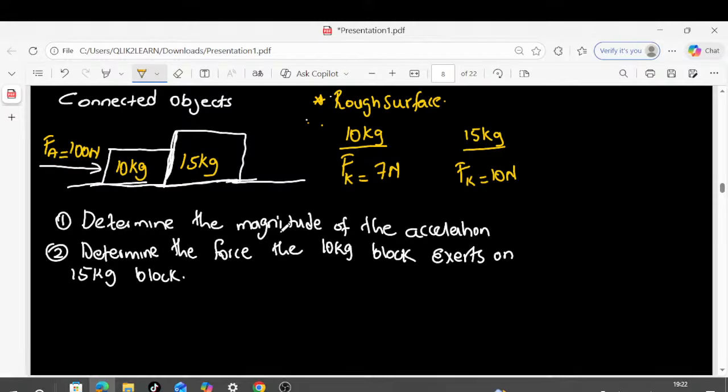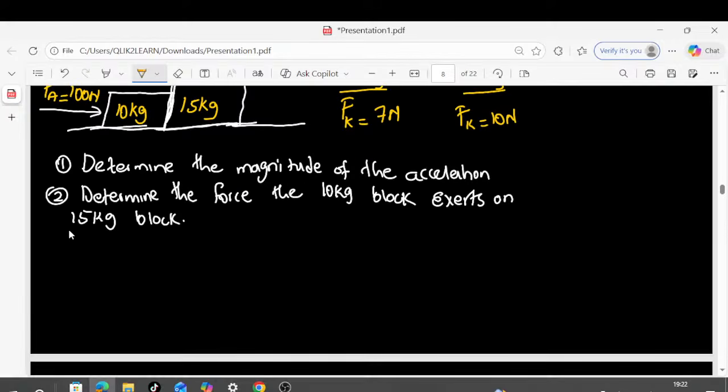So now, remember from Newton's third law, the force the 10 kg block exerts. I think it's important that we put this down. From Newton's third law, if you still remember, what is Newton's third law? How are we going to use this? Remember, we're going to say that the force,